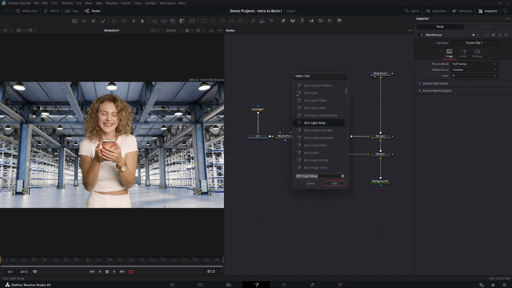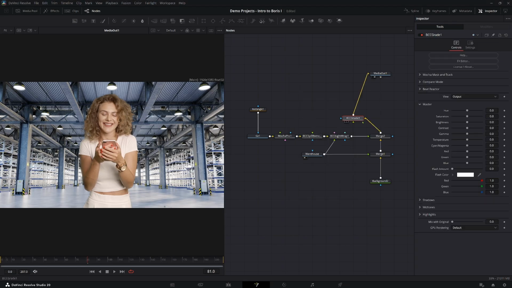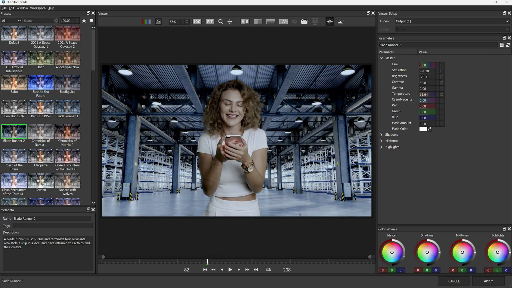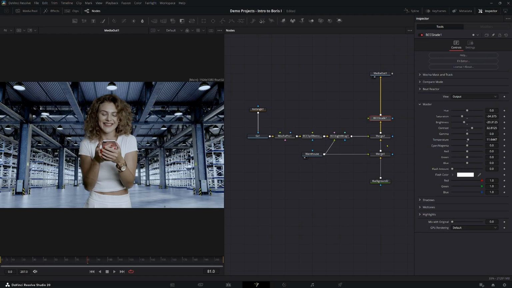Shift spacebar again, grade, and select it, add it, make sure it's connected, and do effects editor, and do Blade Runner 2. And now you can see, because I did it right here as opposed to each one of them, it's doing it to both of them at the same time. Now, if I wanted to do a different look for each one, then I could add the grade in here and add a second grade in here if I wanted,